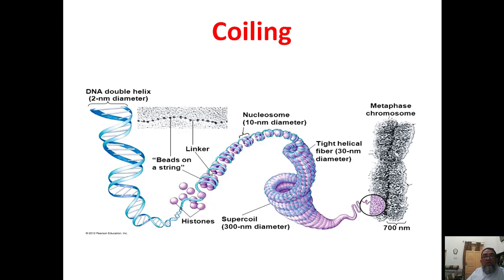So in between the two nucleosomes you see a linker DNA over here which links the two nucleosomes. When it is coiled itself, the nucleosomes come closer. So this is called 10 nanometer in diameter. 2 nanometer is the actual width, and then when coiling itself they come closer, it is called 10 nanometer fibers. Now with tight helical formation of 30 nanometer diameter, supercoiling starts, and this supercoiling of about 300 nanometer diameter is seen in the metaphase chromosome, 700